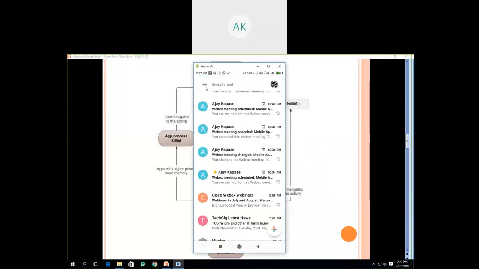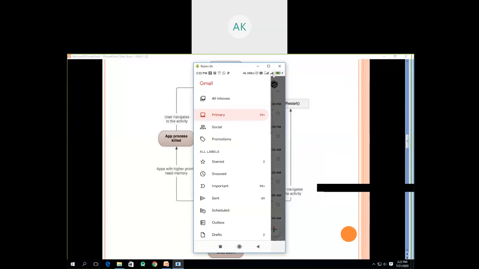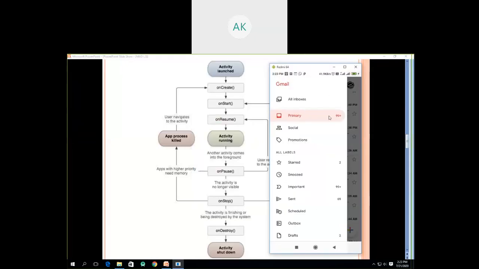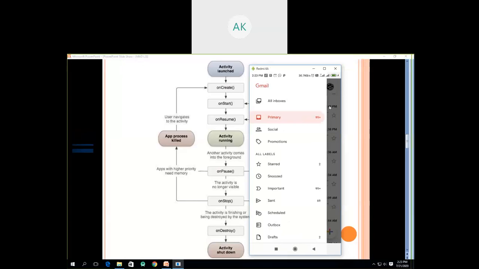Now if I click here, some fragment will occur. If you watch it carefully, here is the fragment I have, and on the right side of this fragment, some part of the activity is visible. It is in the background, but some part of the activity is visible.